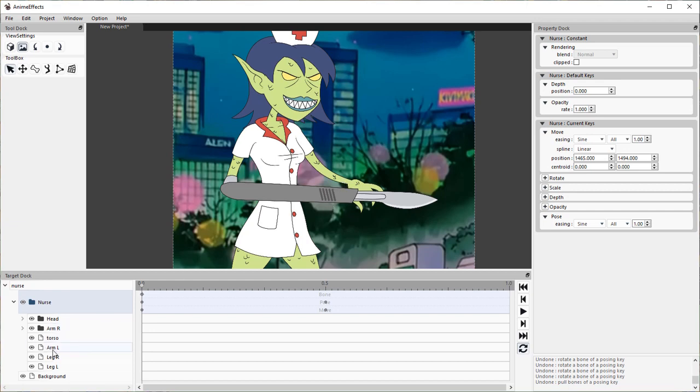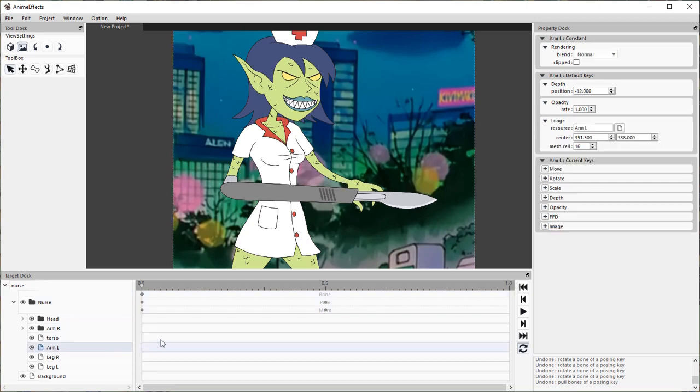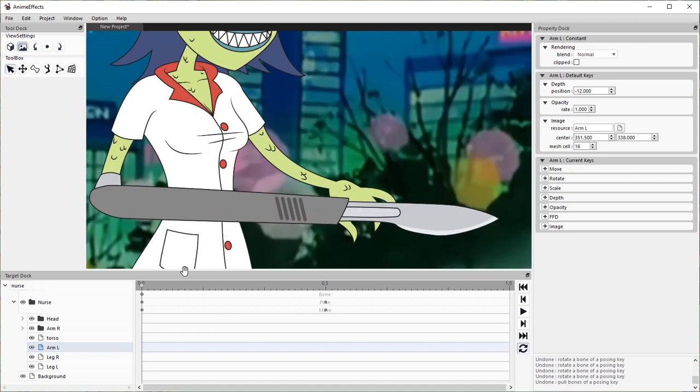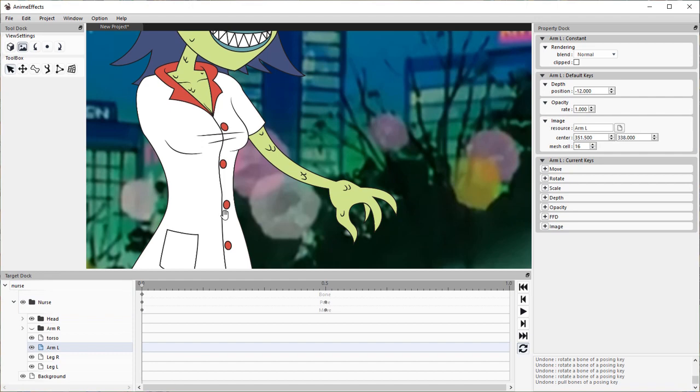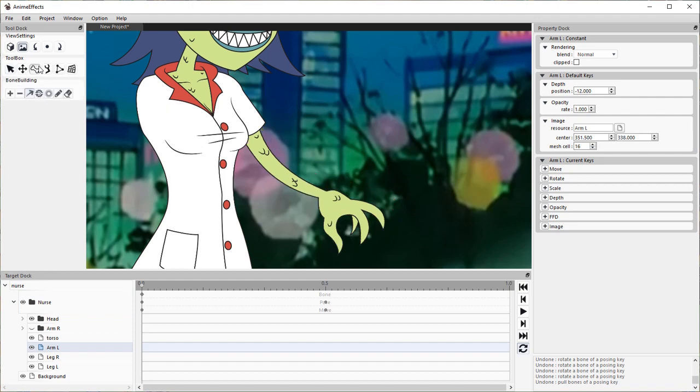We'll select the left arm, and we're going to want to hide the right arm because it's kind of in the way. So go back to our bone tool, and we are going to add bones to the right arm. But unlike previously, we're now adding them directly onto the object instead of onto the folder containing the object,